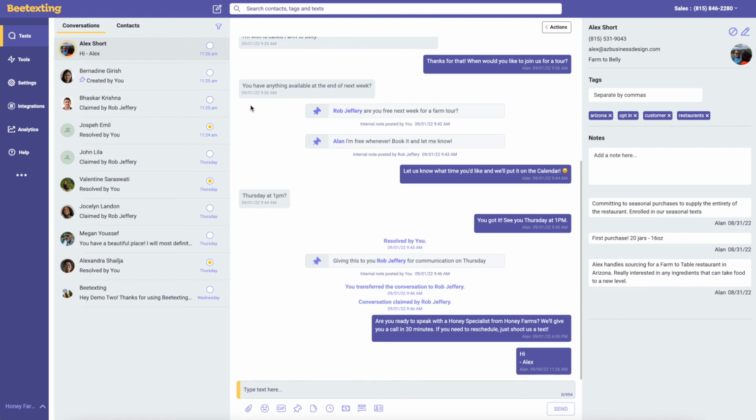So that's shared inboxes on Beetexting. It's really powerful when you get the whole team collaborating together to provide world-class customer experiences and build those personal relationships via text. We'd love to hear below any ideas you have on use cases for how to use shared inboxes as a team. Maybe it's a big